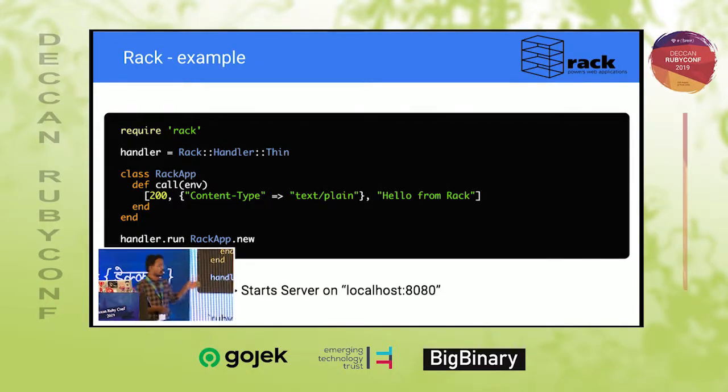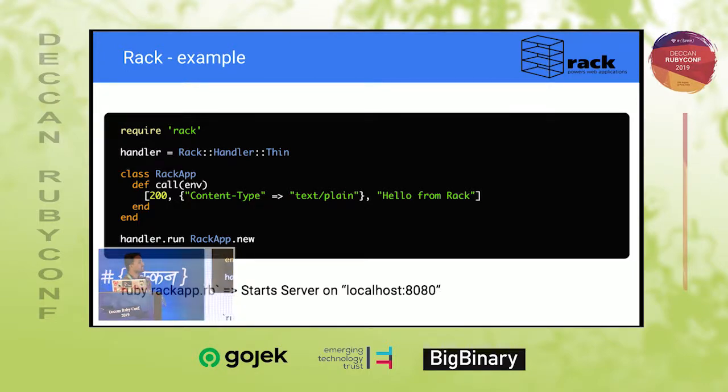This small piece of code will generate a single small web page with the content hello from Rack. Whenever run, it will run on port 8080 with the help of a thin server. I can say this code showing hello world is equivalent to a Rails application showing a hello world on the front page with a single route. I can say these two are equivalent.